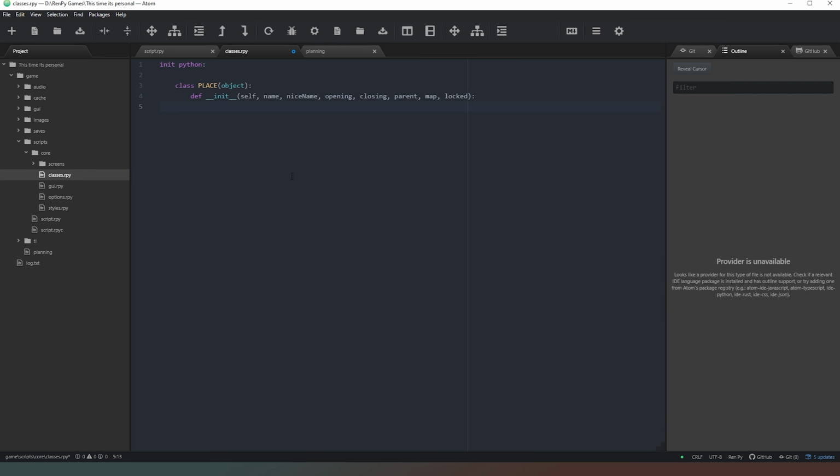There's quite a lot going on there. So the name is obviously going to be the name that we're going to use in code, the kind of codified name. The nice name is going to be the name that we present to the viewer. So the first thing we need to do is go self.name equals name, self.nice_name equals nice_name, self.opening equals opening, self.closing equals closing, self.parent equals parent, self.map equals map,